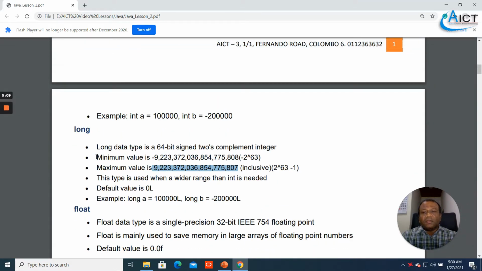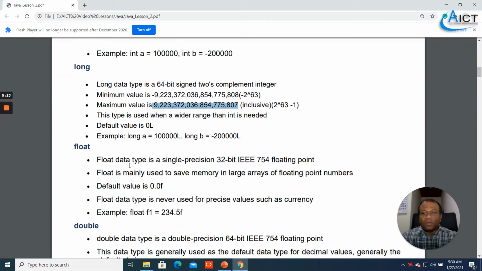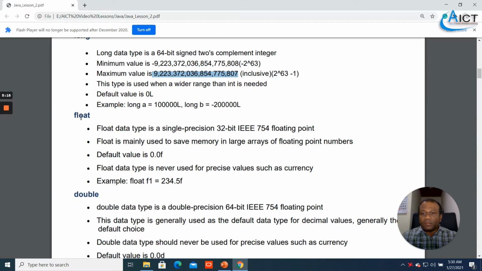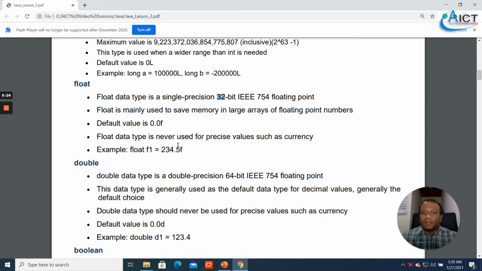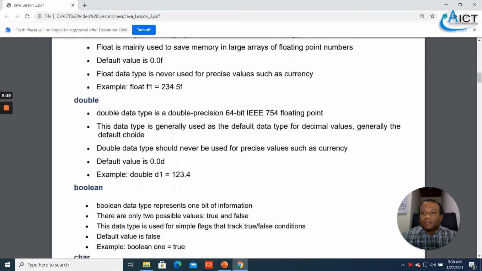They won't support decimal numbers. If you want to assign decimal numbers, use float. It will consume 32 bits of memory in the RAM, right? Double, it will consume 64 bits in the RAM.